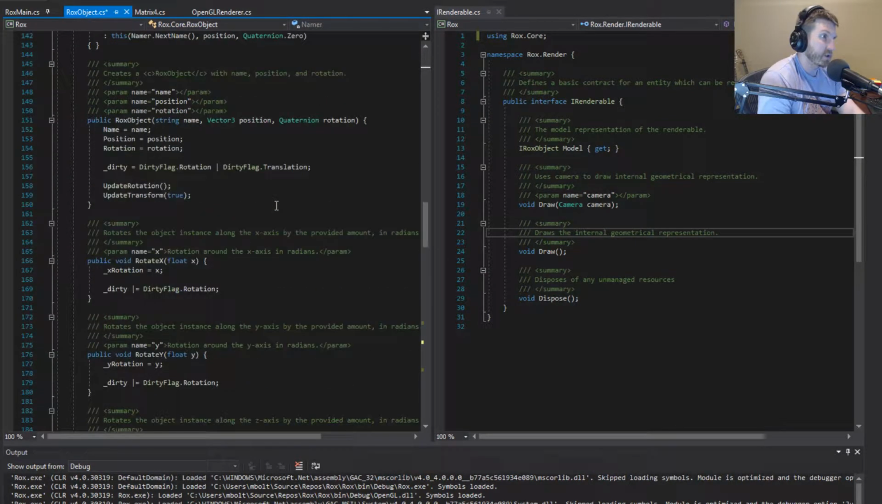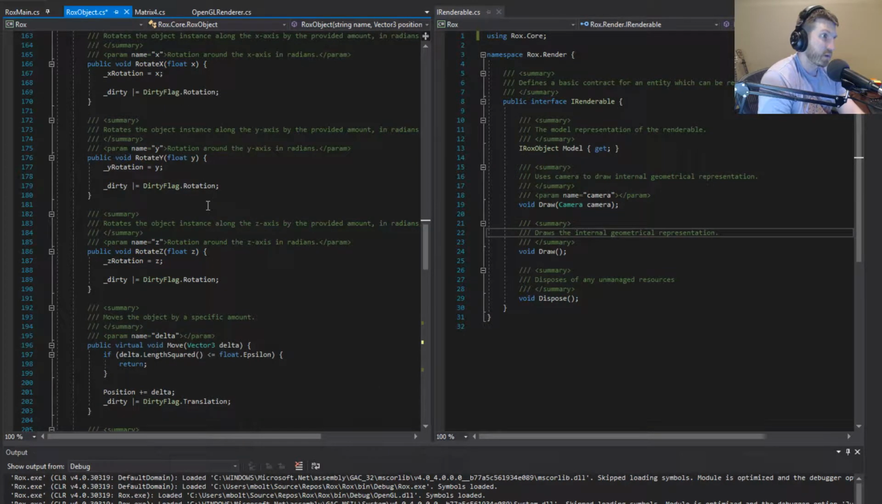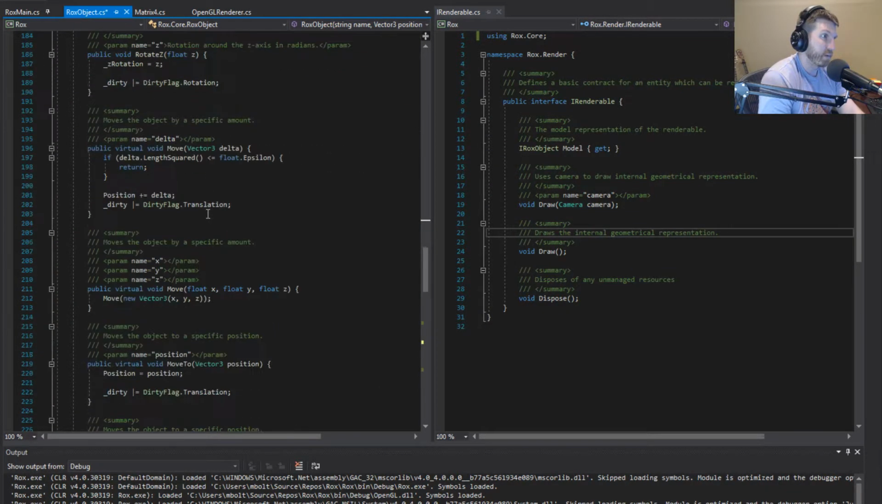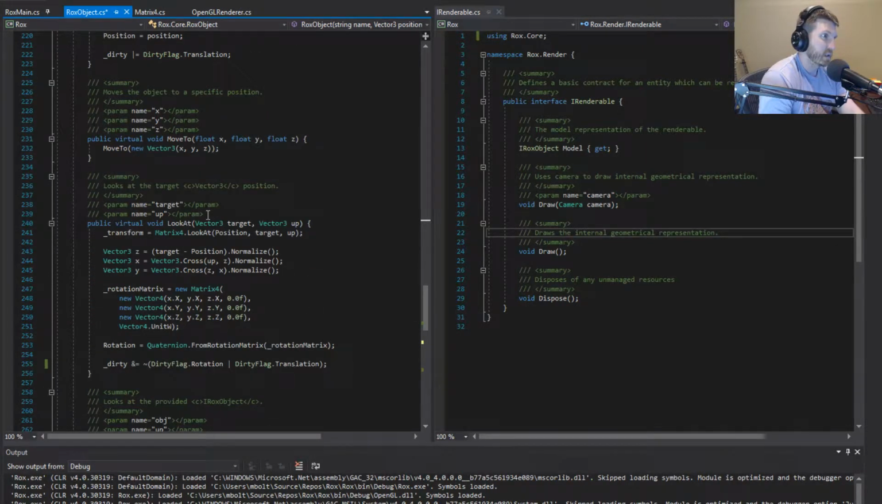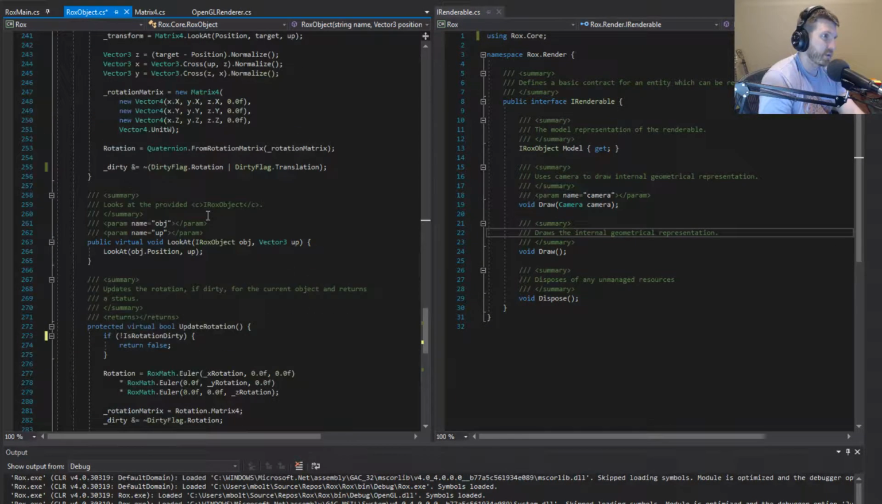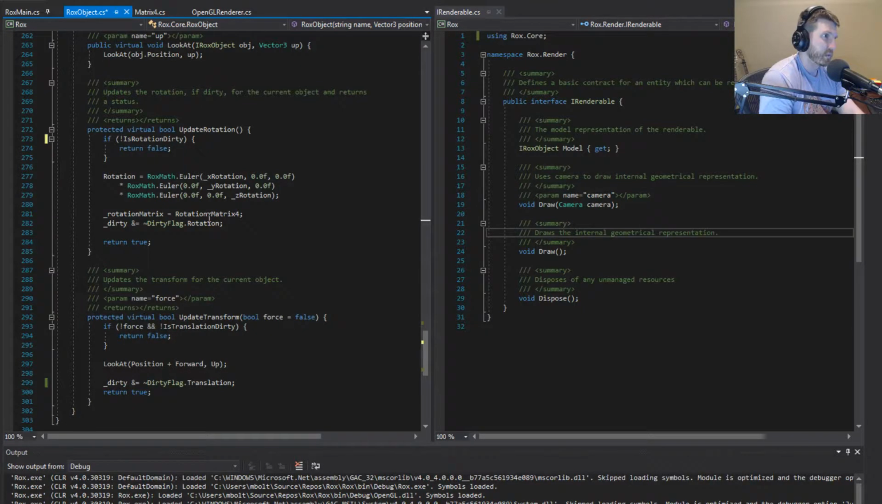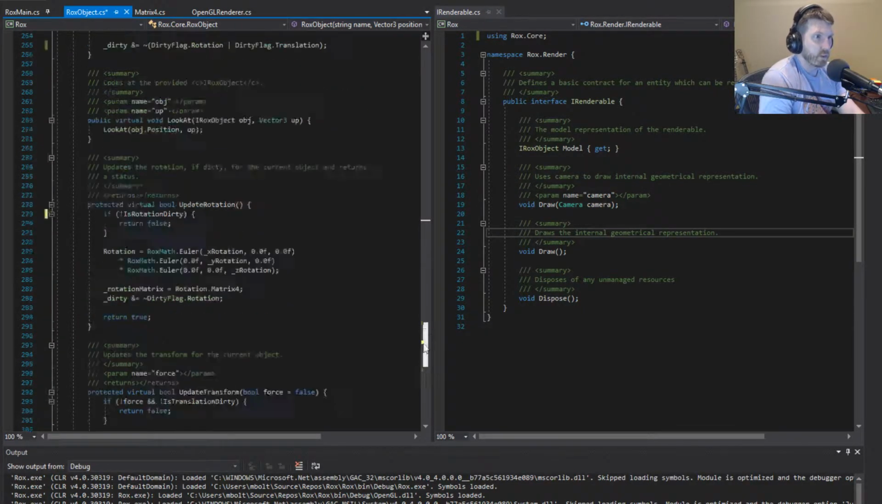The major change that I made that seemed to be causing a lot of problems was, see if I can find it. Oh, the transform. Okay, so